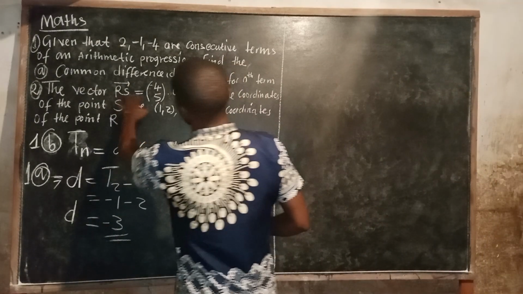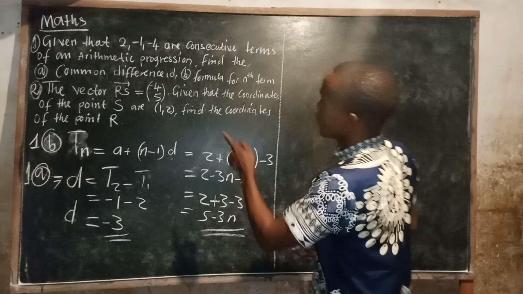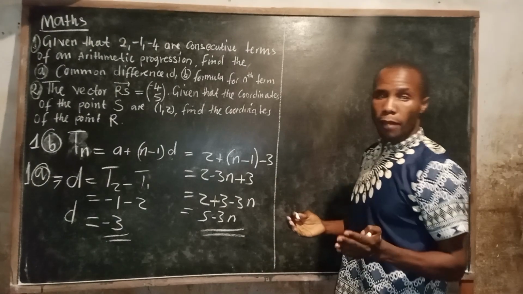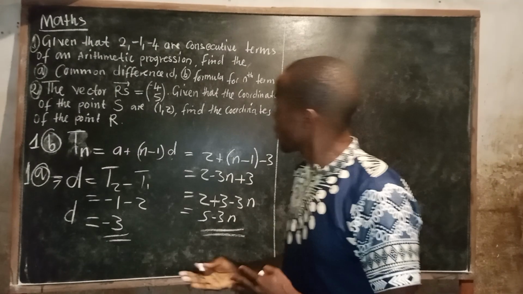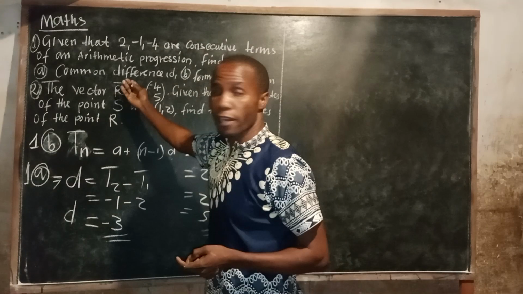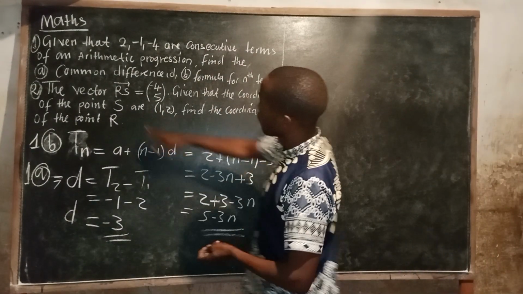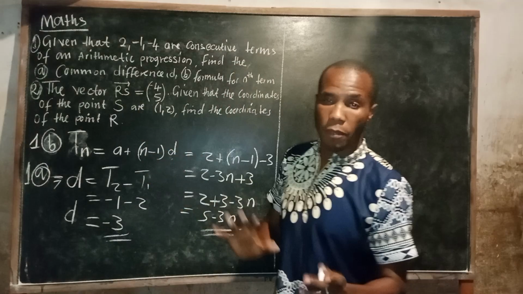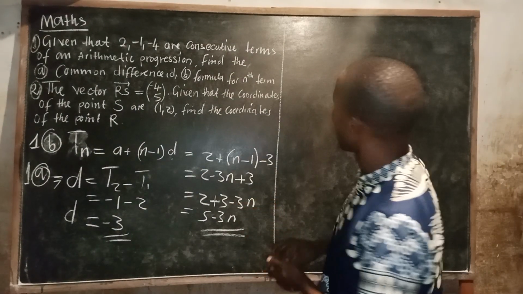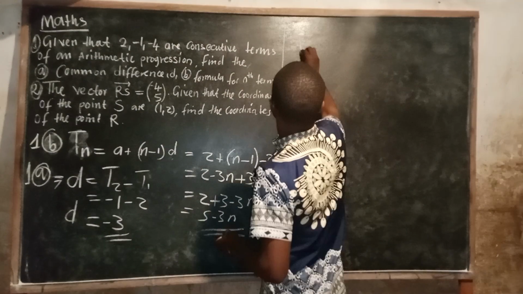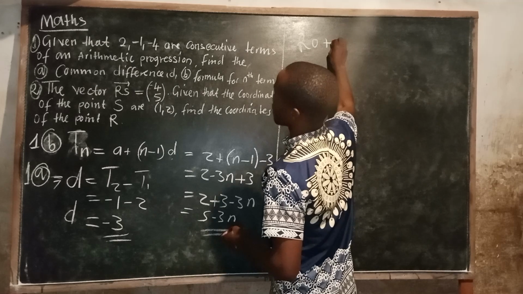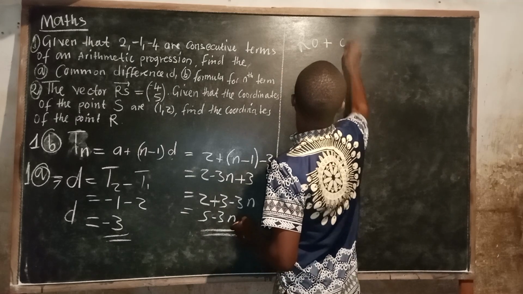So we are saying the vector we are given, which is RS. Now remember, vectors deal with directions. As you can see, we even have an arrow there. So for us to move from R to S, remember this is a positional vector, we are going to say RO plus OS,